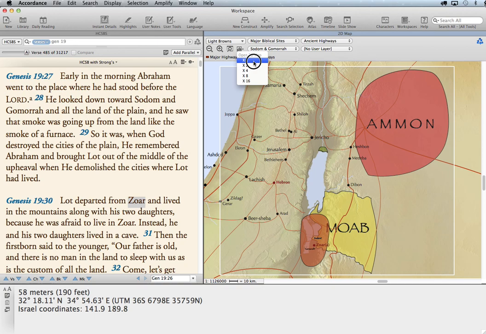The problem with times 1 is that if I select a large area of the terrain, it's going to look kind of flat. In the same way that, if I'm flying over an area of land at 30,000 feet, even high mountains are going to look sort of flat. So we allow you to exaggerate the altitude so that you can see the changes in topography a little more dramatically. And so I'm just going to choose ×4,